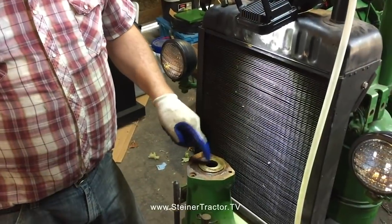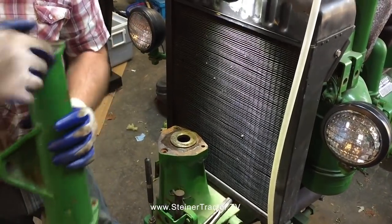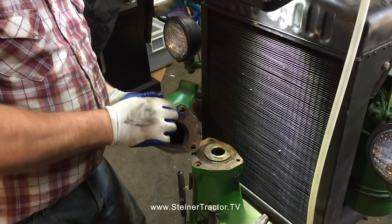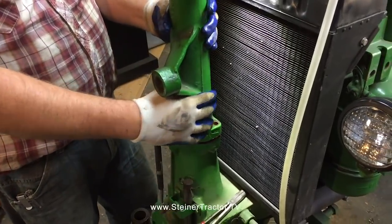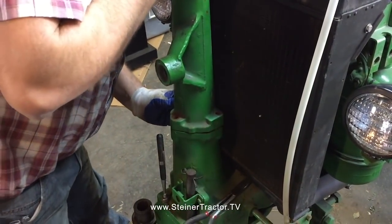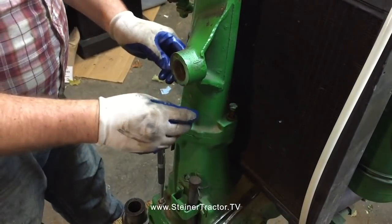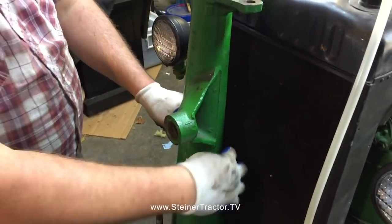So we've installed our spacer, and this essentially is just a big flat washer that goes between the support housing and our casting up here. Notice that there is a machine bushing here, or a hollow dowel, to make sure everything is aligned and true. Put a little bit of grease on that. Alright, work on setting everything into place, and it does fit tight, as you want it to. And all of our bolts are the same length. So we'll simply reinstall those and tighten them up,